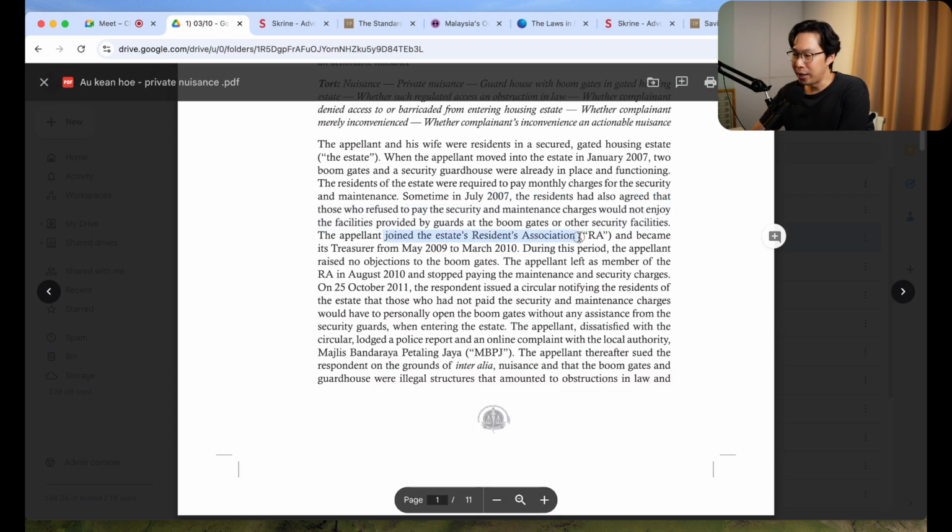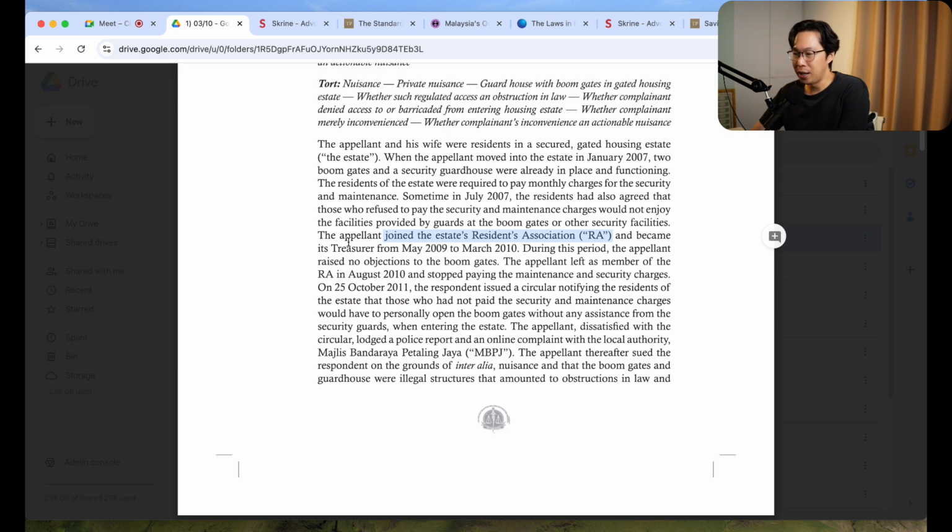So the appellant, Ao Kian Ho, actually joined the resident association and became the treasurer. During this period, he didn't raise any objection. Then after that, he left. He was not a member. Then he didn't pay the maintenance fee. Because he didn't pay, whenever he went home, the security guard wouldn't let the boom gate up. So he needed to get down from the car to open the boom gate. So he's annoyed. So he sued